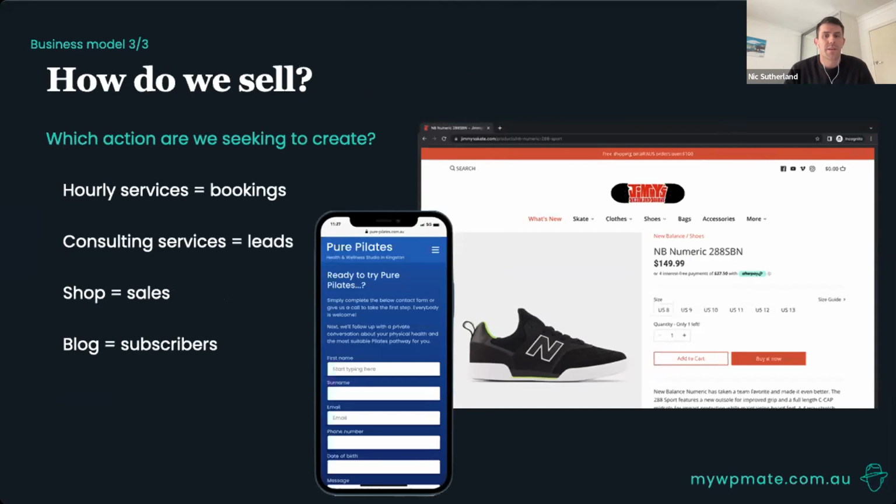In most cases, what we sell and the way we sell it will directly determine our primary goal for the website. The way we sell and what we're selling really shapes the way a website will be structured and how we'll pitch to our customers. We often call this a funnel, and the website really is a funnel that brings customers in and shows them our world and brings them down towards the cash register. We're really hoping to convert them from interested to becoming a customer and hopefully a repeat customer.